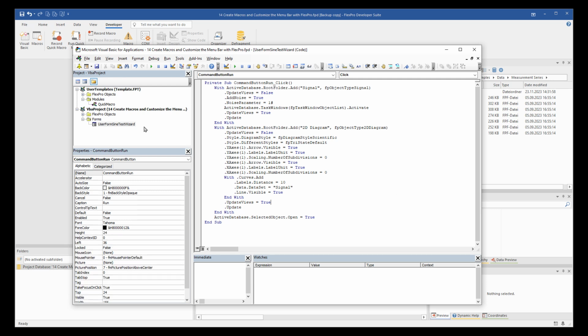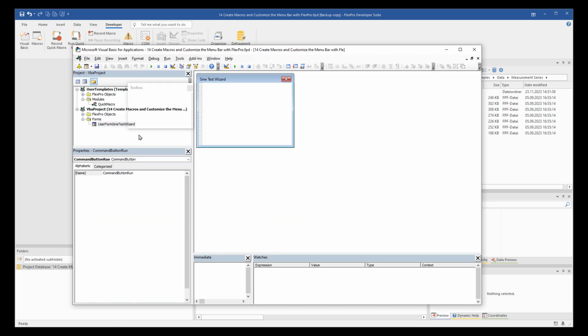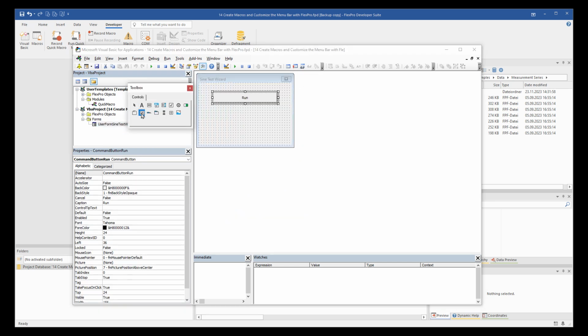I will now add a second button named CommandButtonFinish, used to close the form.